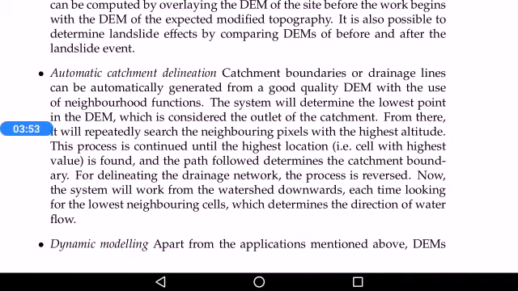Catchment boundaries or drainage lines can be automatically generated if you have a good quality DEM, and we can use some neighborhood functions for that. So let's see how automatic catchment delineation can be performed. First of all, the system will determine the lowest point in the DEM because that will be considered as the outlet of the catchment. Starting from that lowest point, it will